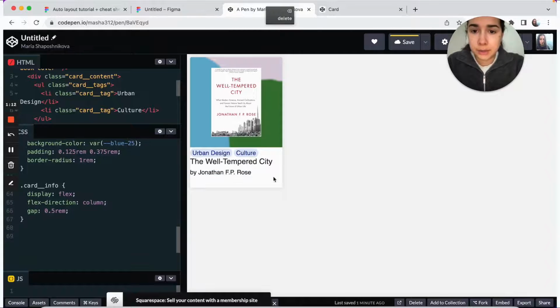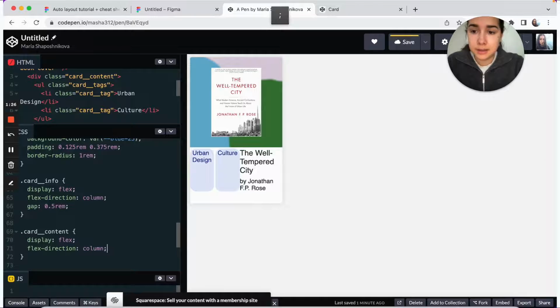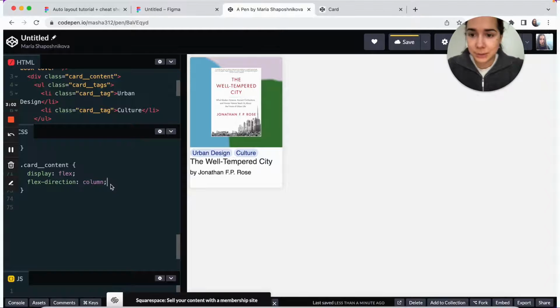And then for the overall card content, which is the tags and the text layers, we also want to display flex and flex direction column. So now we can do the padding, and we could actually do both vertical and horizontal padding to create some more space here between the tags and the image.